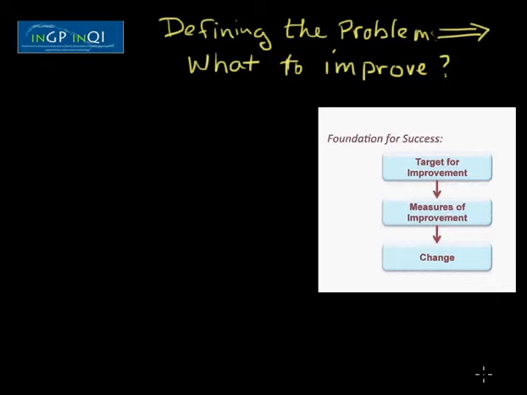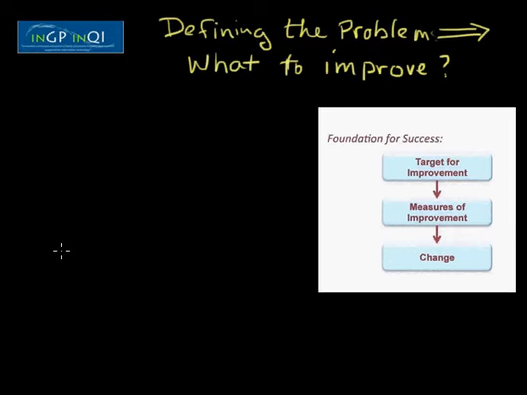Later on in this module, we're actually going to give you an example using waiting times in the clinic. And why did we pick that? Well, if you think about it, from the time a patient checks in until the time he or she sees the patient, there are a lot of opportunities there for things to go wrong. And as a result, delays, mistakes, etc., can create problems in the care process that lowers the overall quality,